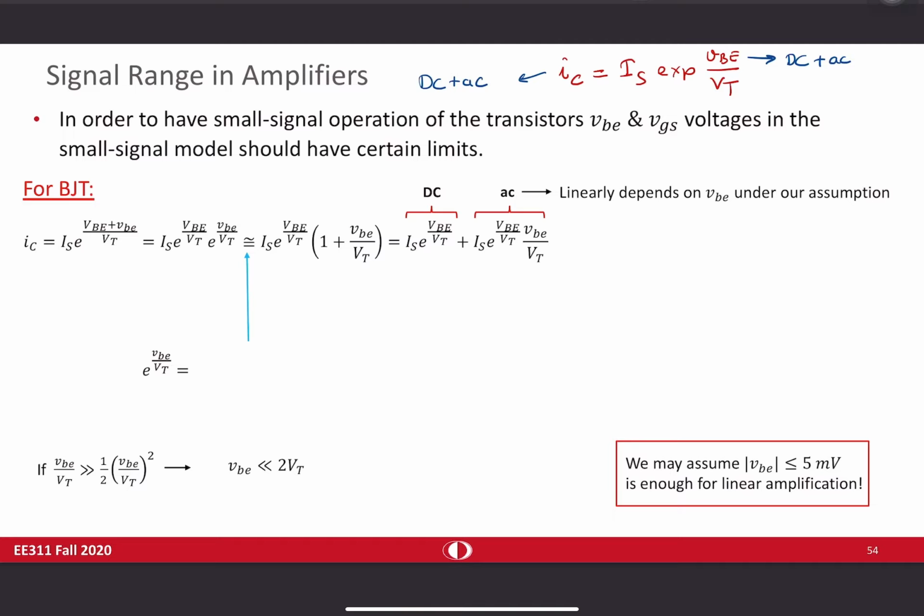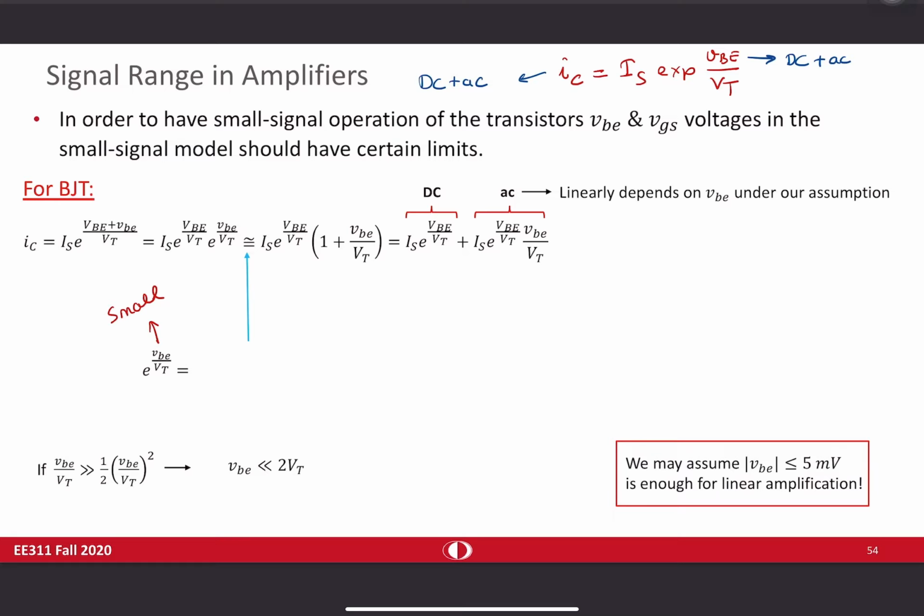And I wrote the same expression in here. So now I have both DC and AC in here. So if you continue, you can write it in this form. And then you can make a simplification because I know that VB is small. I am dealing with small signal, right? So this VB is small. And in that case, I can write